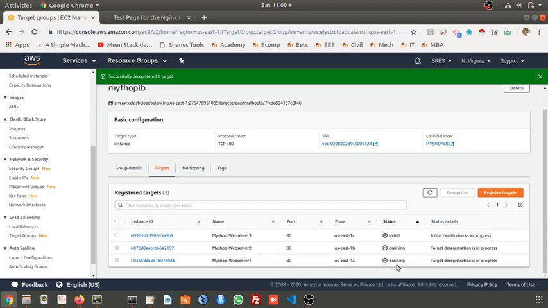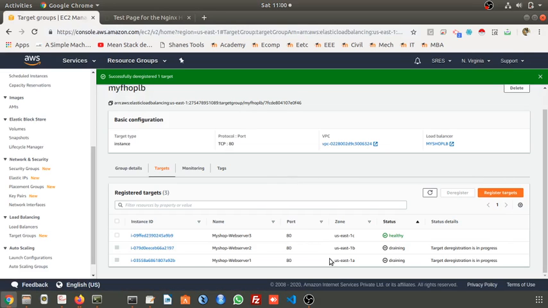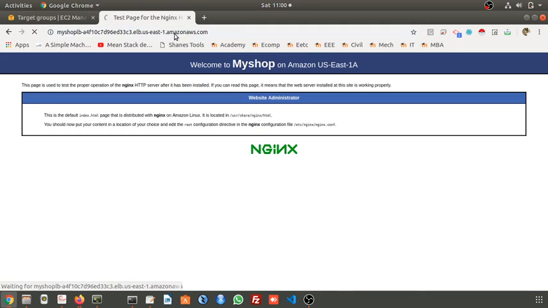Now the 2 servers, 1 and 2, are down, draining. Let's check. Okay, still coming, but after some time it will change. Now this 3, it is healthy. Okay, it is coming from 1A only. I think there in our